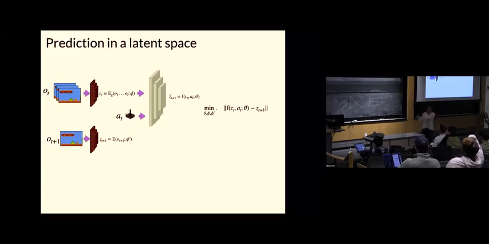Yeah, I mean, I can help you. So here you have 4 frames, you put the CNN, you go to the top layer, you flatten it, you combine some action representation here, like one hot encoding or something, you feed them in an MLP, you predict another vector, then you take the encoder of the next frame, you encode it into some flattened vector, and you put an L2 loss. Is this end-to-end differentiable?